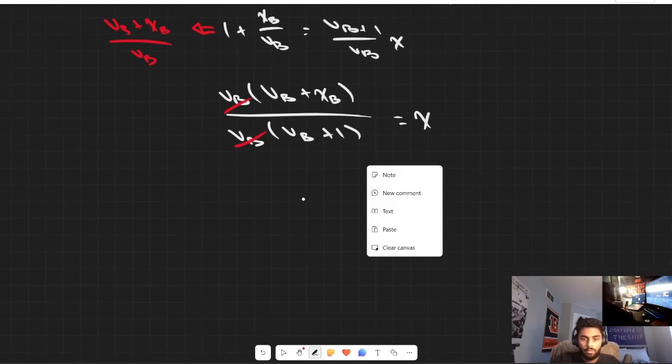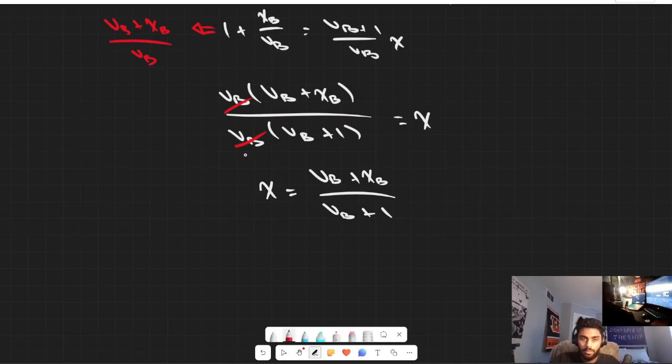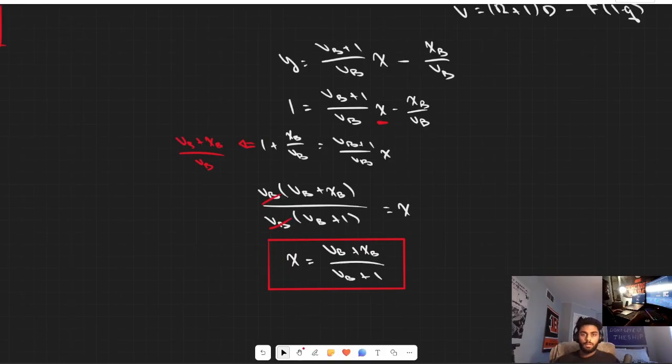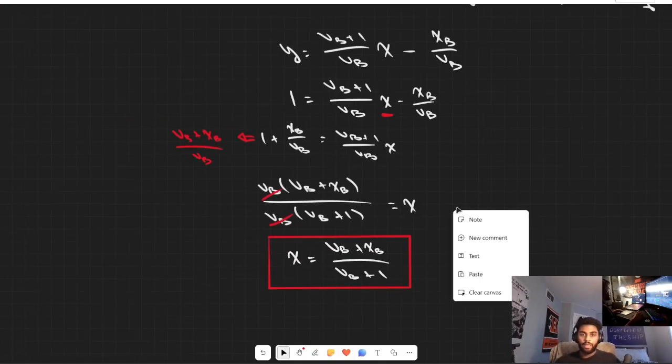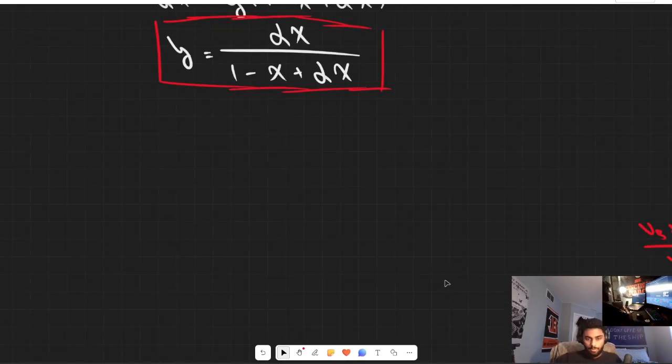And what we finally are left with is this nice equation for our liquid composition, which is our boil-up ratio plus our composition of the bottoms over our boil-up ratio plus 1. That is the calculation for our liquid mole fraction for when y is equal to 1. So very quickly, now that we have all this, the last thing that we can kind of provide some insight into